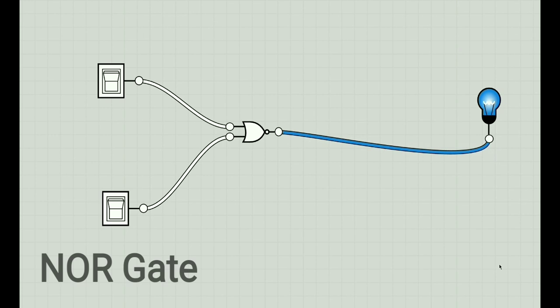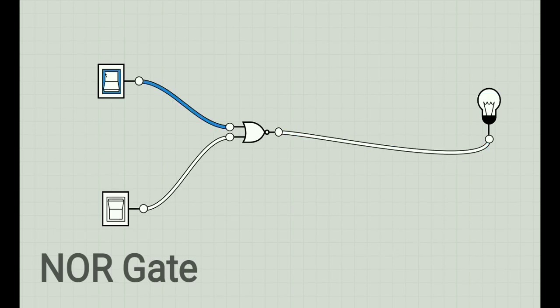Now let's see about the NOR gate. Actually, the NOR gate is the inverse of the OR gate. That is, if we give both inputs as 0, the NOR gate gives the output as 1. But in the case of the OR gate, when we give both the inputs as 0, the output will be 0. If we give any input as 1,